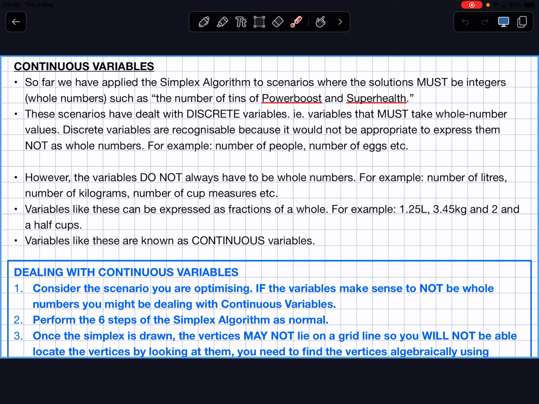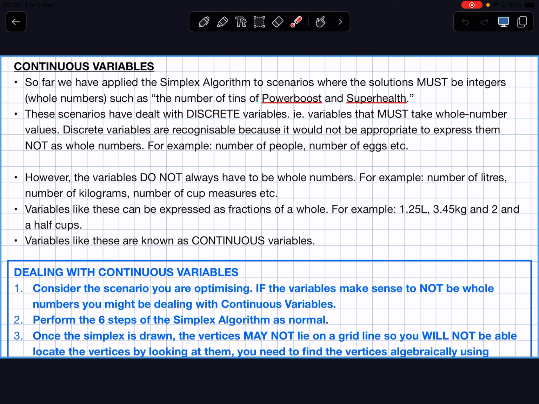These scenarios have dealt with discrete variables, i.e. variables that have to take whole number values. Discrete variables are recognizable because it would not be appropriate to express them as anything but whole numbers. So would it be appropriate or acceptable for us to have a question that had 3.6 people? No, it's not realistic, depending on what country you're in, yeah? Or the number of eggs. I'm not going to get a partial egg. Okay? So all we've dealt with so far is discrete variables where it only makes sense that the numbers are